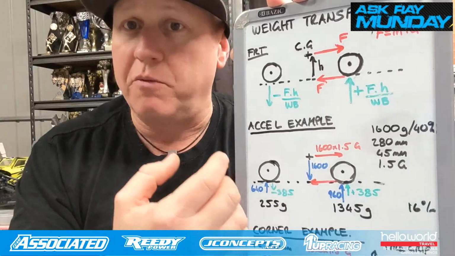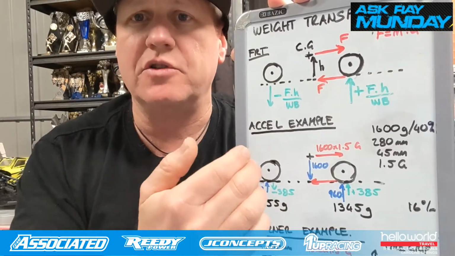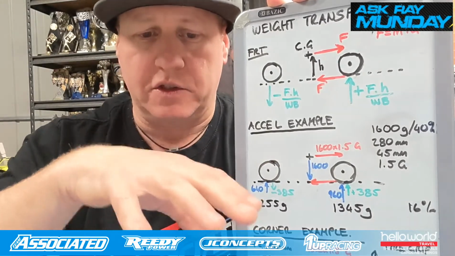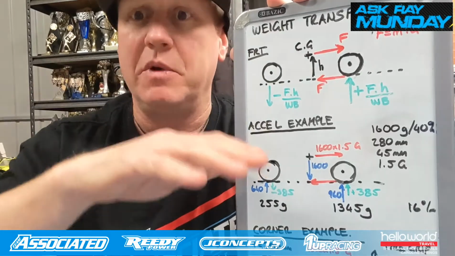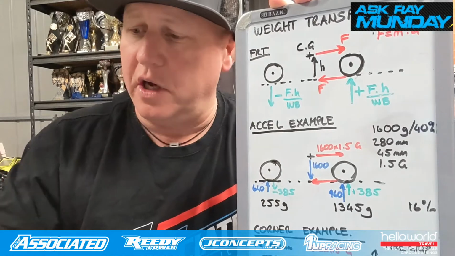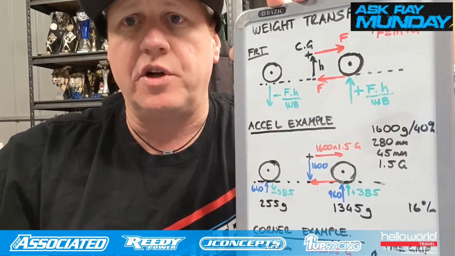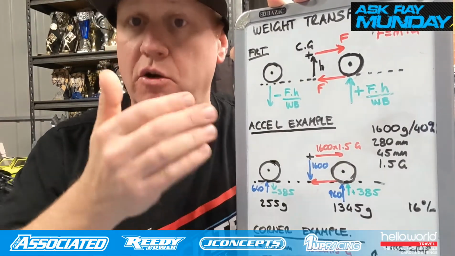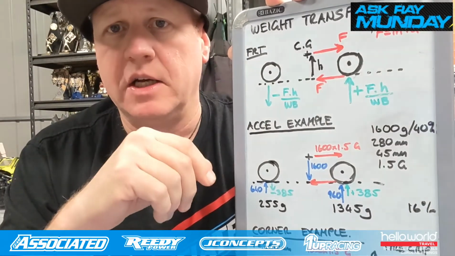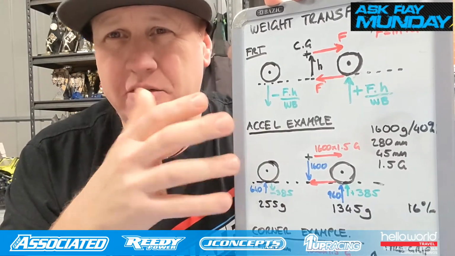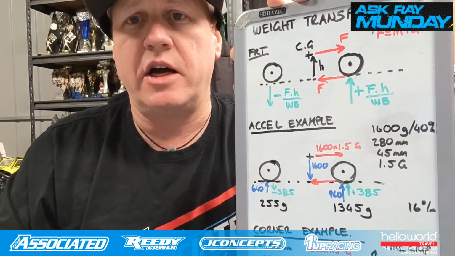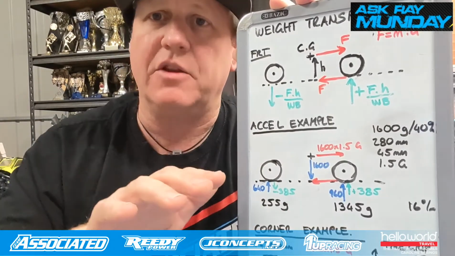That's one of the reasons on very high grip tracks like carpet surfaces, we run more weight forward, because then there's more weight to lift, so we can accelerate faster before wheel standing. For example, doing this calculation for a current B6.3D with a layback transmission versus an old rear motor layout, this will take about 2.5G to wheel stand. A rear motor car with about 33% on the front was more like 1.9 or 2G. So these cars will actually accelerate harder,